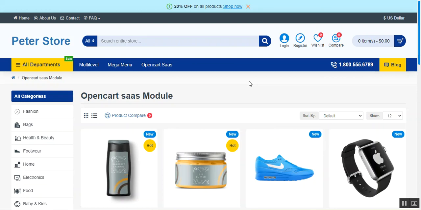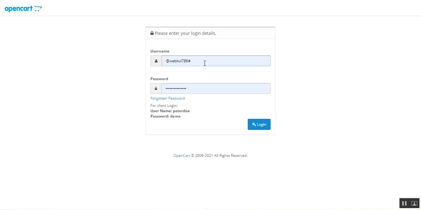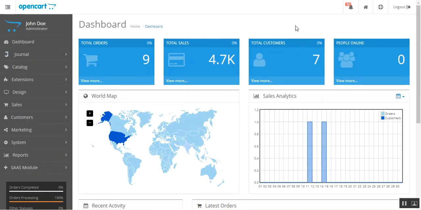So first of all, now let me take you to the admin backend panel. I'll be entering my username and the password, and I'll be logging into my primary admin account by tapping on the login button thereafter. So after the successful installation of the OpenCart multi-company software as a service extension, to make